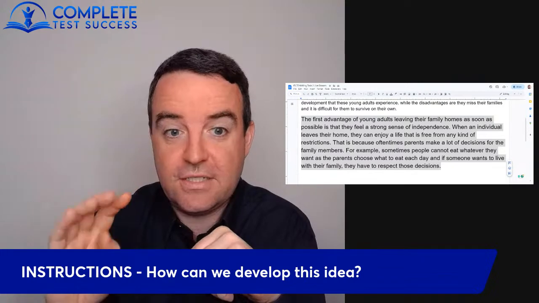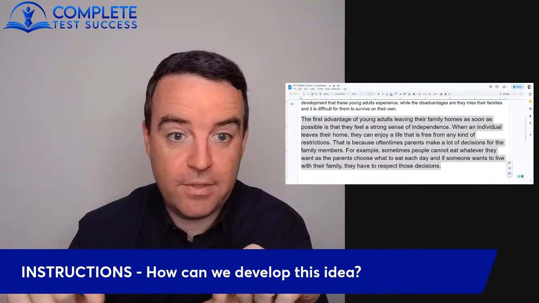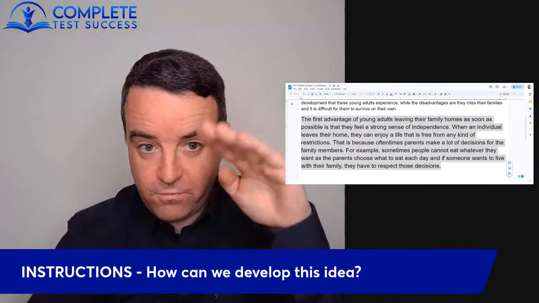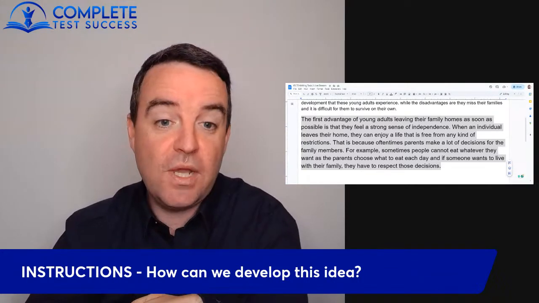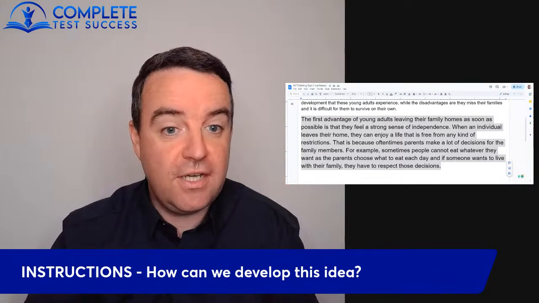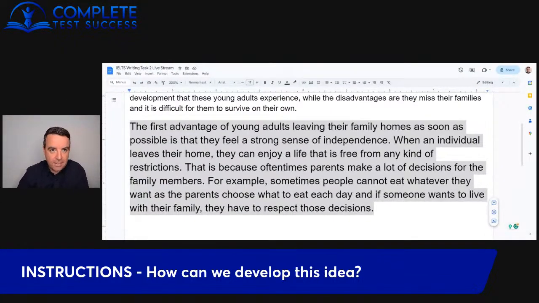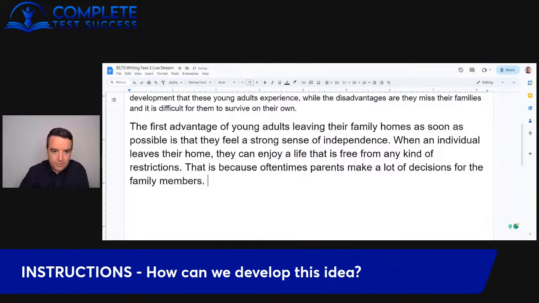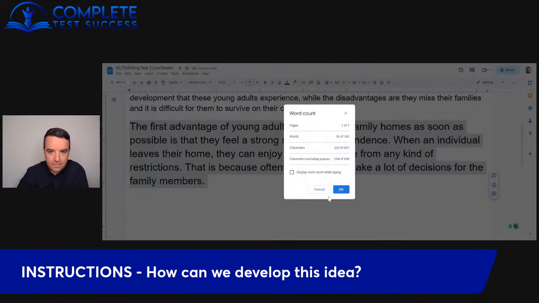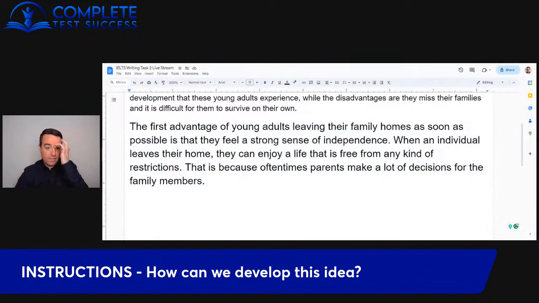We have 4 ideas. We only need a small amount of development for each idea. We don't have time to fully develop each idea in the way we would if we only had 3 ideas or if we only had 2 ideas in our essay. So that's the point that I'm making here. Not that you should delete parts of your essay, but that you should just write less. Okay, so let's say there, what's that? 56. Yeah, that's about right. So